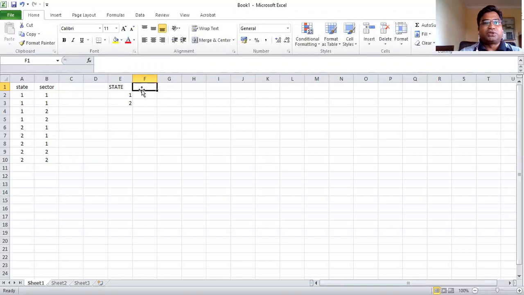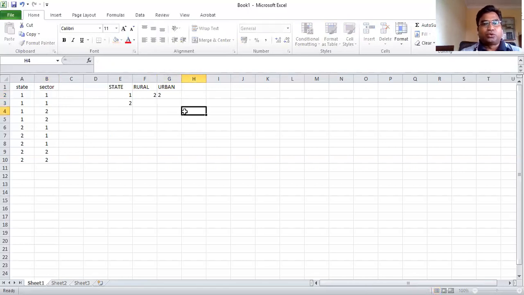But before that, let me tell you what we are going to do. So here, for the state, we just want the rural and urban samples, right? So here you can manually count. How many households are there in rural area in state 1? There are two households, right? These two households are from rural area in state 1. So how many households are from urban area?